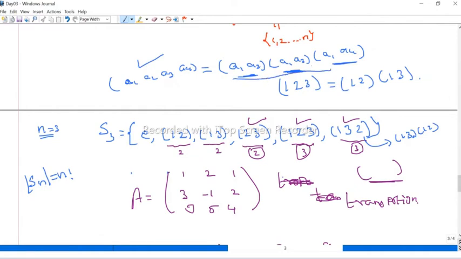If the number of transpositions in the product is even, then we say this is an even permutation. Now look at this. We have 1, 2, 3. 3 is an odd number. Therefore, this permutation can be expressed as a product of an odd number of transpositions. This is an odd permutation. Look at this. This is even: 1, 2 and there are 2 transpositions, therefore this is an even permutation. I simply say, if the cycle length is odd, this is an even permutation. If the cycle length is even, because 4 is even, we say it's an odd permutation. We can say anything.